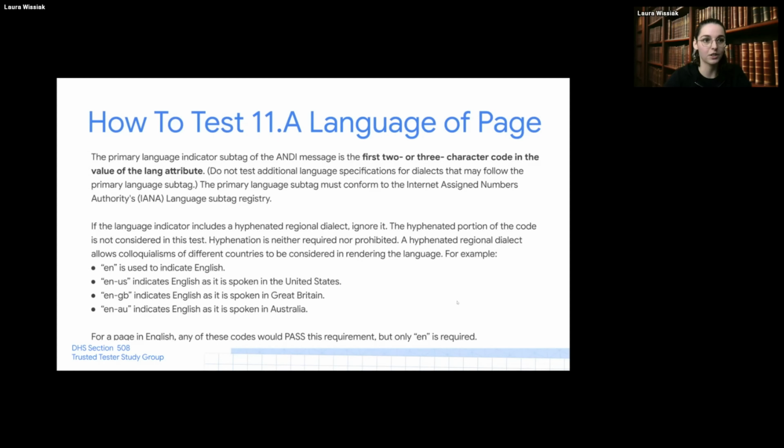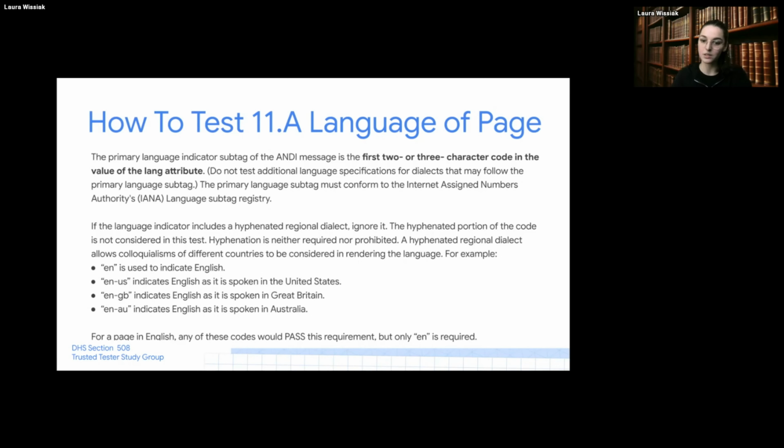For English generally, EN is used, but there are also regional language variations. For example, in the United States you have a different spelling than in Great Britain, and these are defined with EN-US or EN-GB, or EN-AU for Australia. So for a page in English, any of these